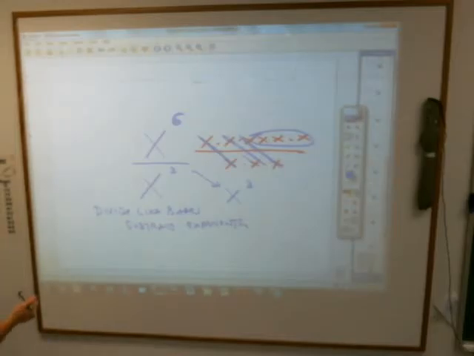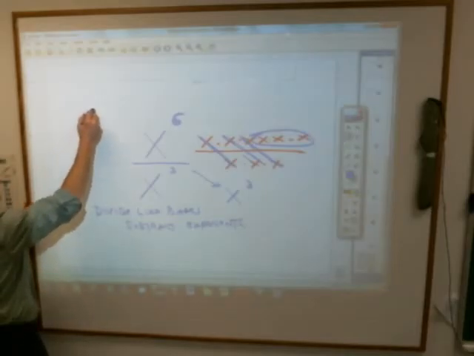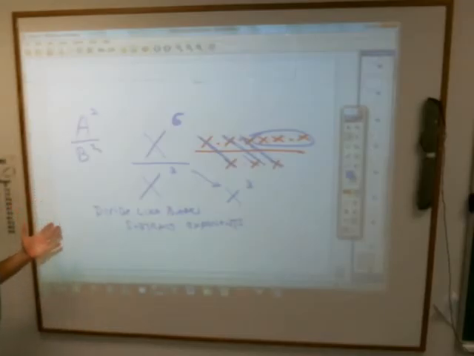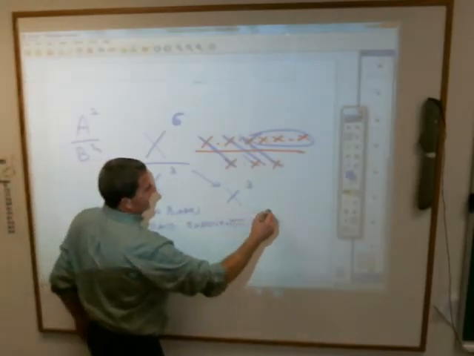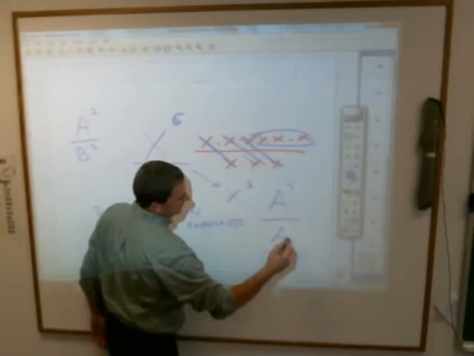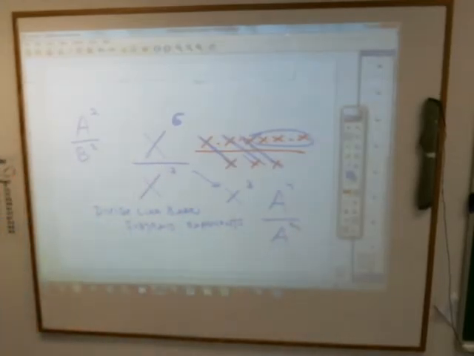Got that? And again, it has to be like bases. You can't do anything with a over b squared, nothing can be done with that. They have to be the same bases. It has to be an x and an x. Now, you could take a to the 7th power over a to the 2nd power, and that would simplify and give you